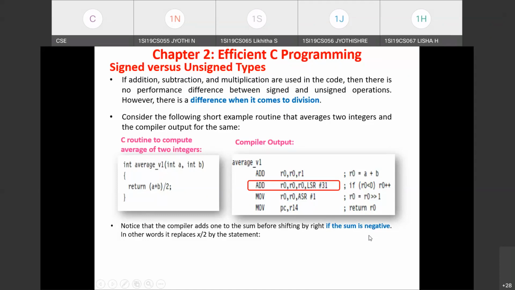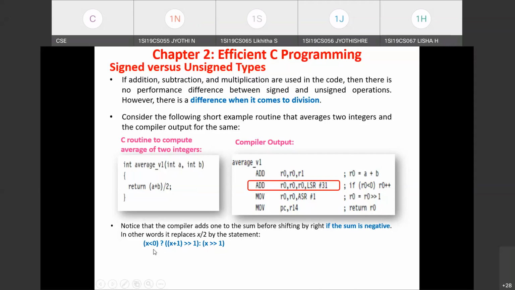So that's what I explained. In other words, it replaces x by 2, where x is nothing but the sum of two numbers, a plus b. The division x by 2 is replaced by this statement. So what is the meaning here? If x is less than 0, after adding the two numbers, then we add 1 to that result and right shift it one time.